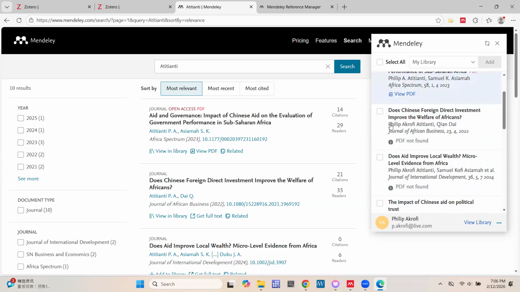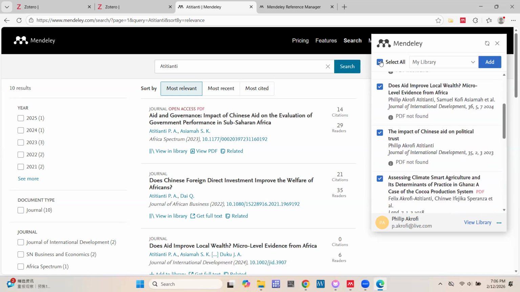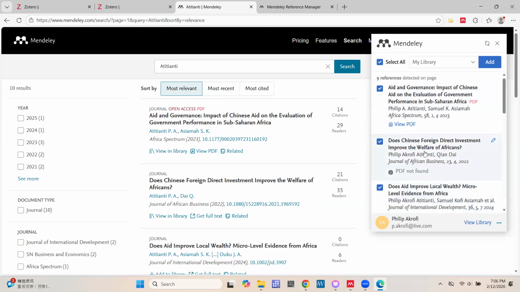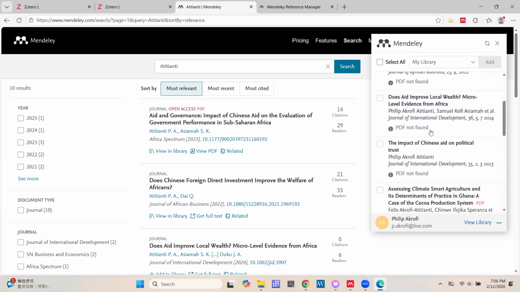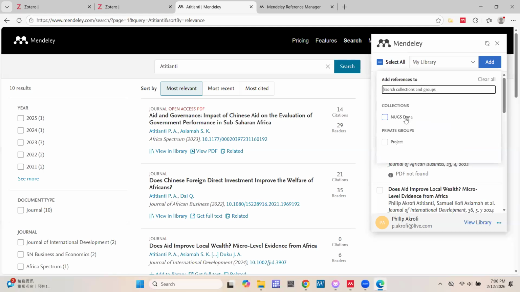Now if you want to get all these files added to your library, you just click on select all, just like how we did for Zotero batch download. If you don't want that, you just select the file you want to get into your library. So let's select this file. Now, where do you want to put it in your library? Let's put it in day 2. We don't want to just keep it in our library; we want to put it in the day 2 collection. So you click on day 2 and then you choose add.